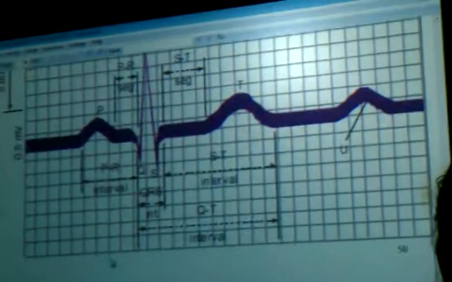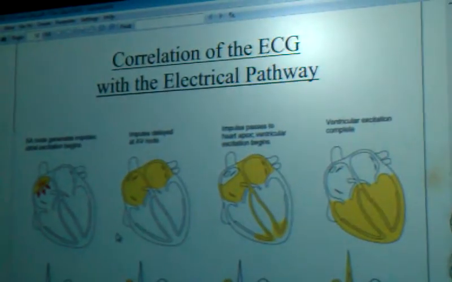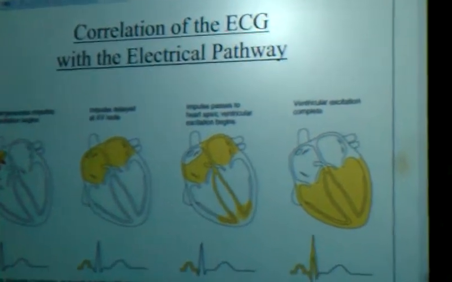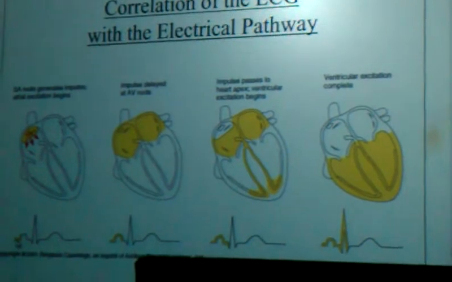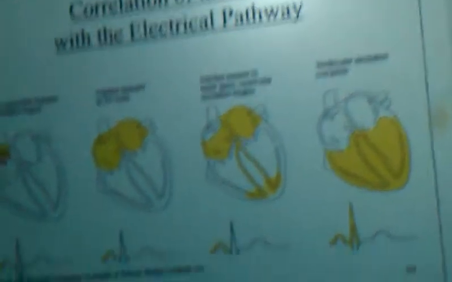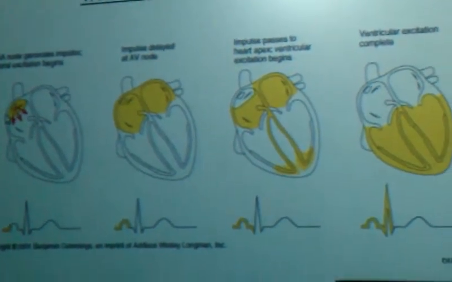Okay, so those are our events in our electrocardiogram. And here's our correlation of the electrical pathway. At the bottom here, we can see the yellow line as it's traveling over the complexes in the electrocardiogram, and above it, in the heart itself, in yellow, we can see the area that the electric current is actually traveling across. Now remember, we started our